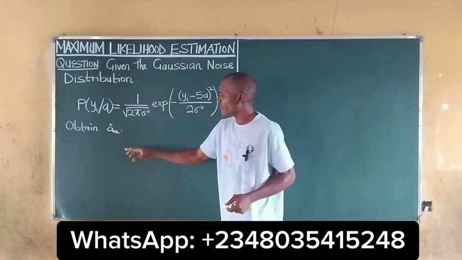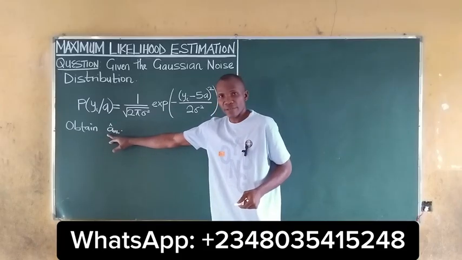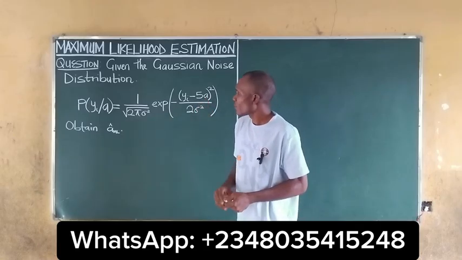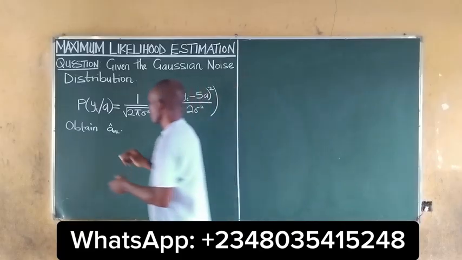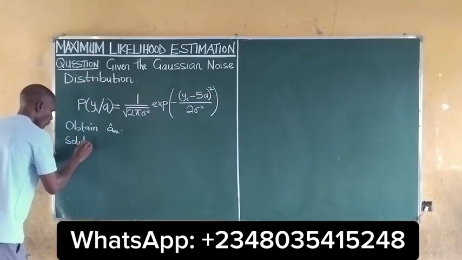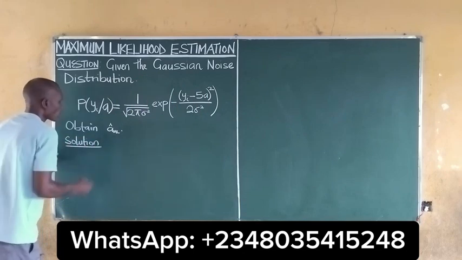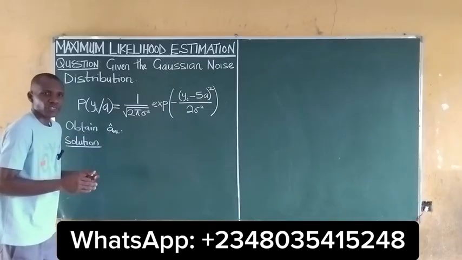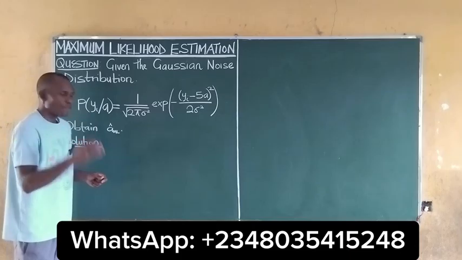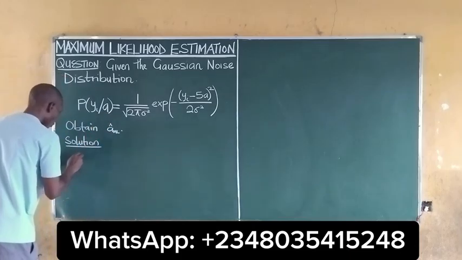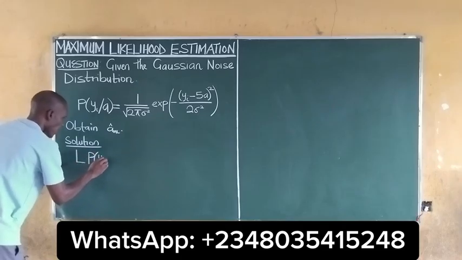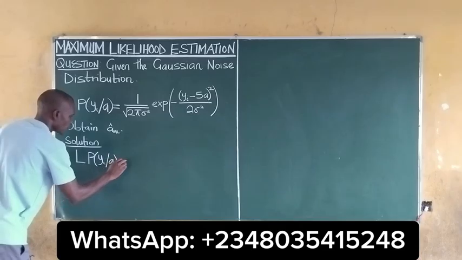So we are asked to find the estimate of A, and that means this A that is given here. And we have this as a distribution. Solution. For maximum likelihood estimation, the first thing to do is to find the likelihood function. So the likelihood function of the given distribution yi is equal to